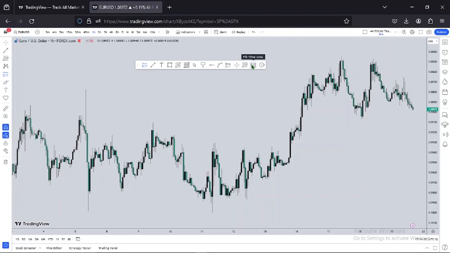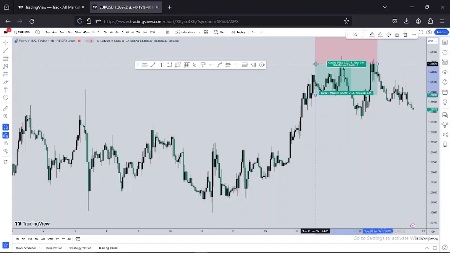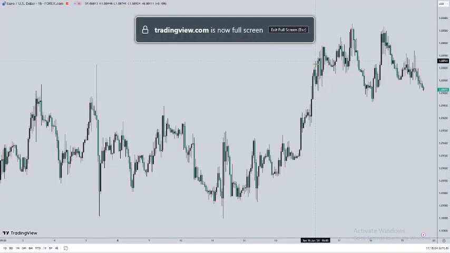These are all what I use for my trading. So I'm going to zoom in and make my chart a little bit bigger. That'll be Shift F to make your chart look big. Okay, now